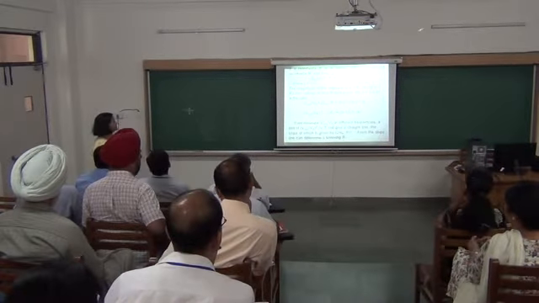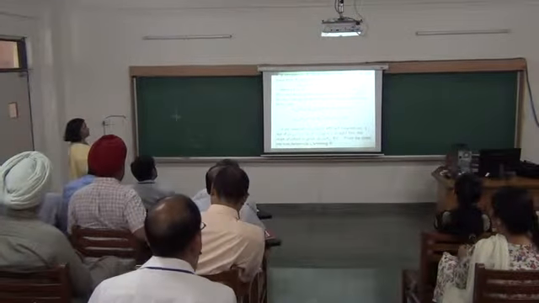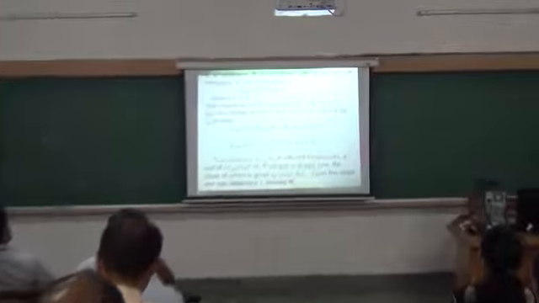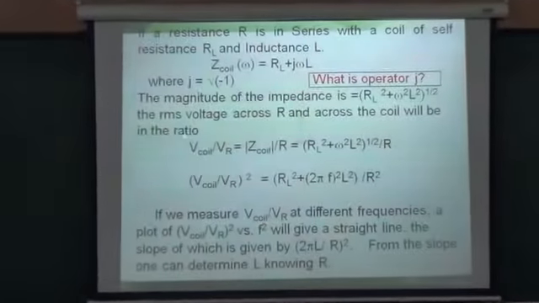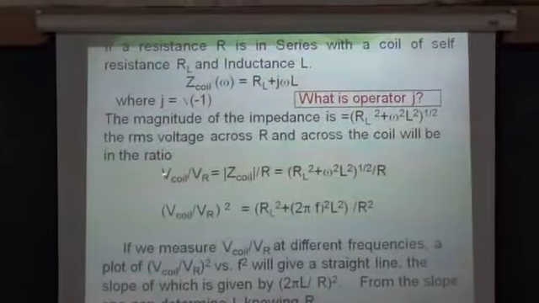So in this case, the impedance of this will be R_L square plus omega square L square, raised to half. So if I take voltage across the coil, that I am